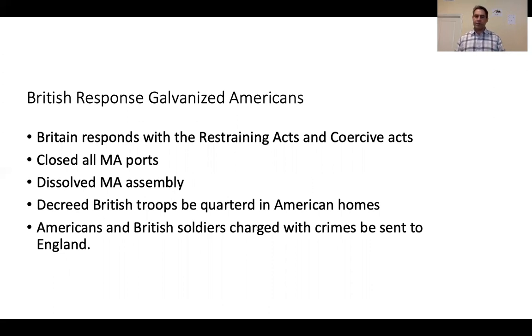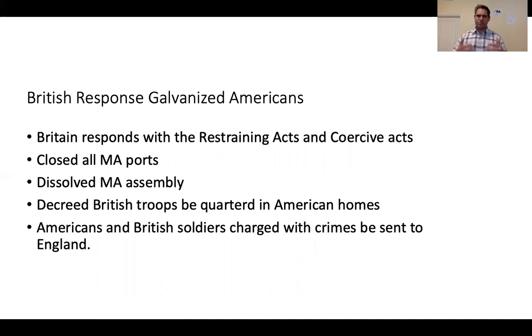Well, a similar thing was happening in our war of independence. We were colonized by the British, and when there were potential war crimes or just crimes committed by British troops, these troops were not going to be prosecuted in the colonies by colonial juries, but they would be sent back to England. Obviously, the colonists thought this was an injustice.